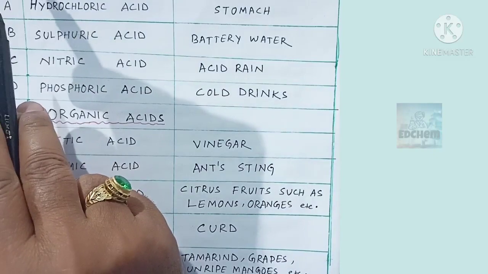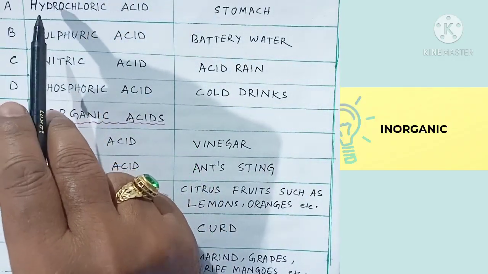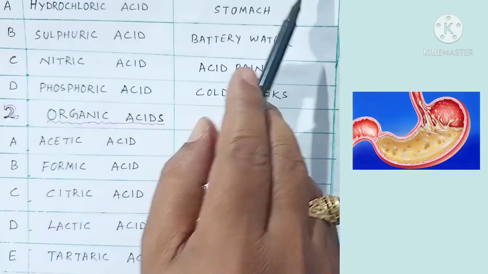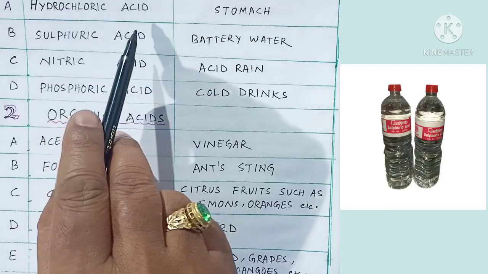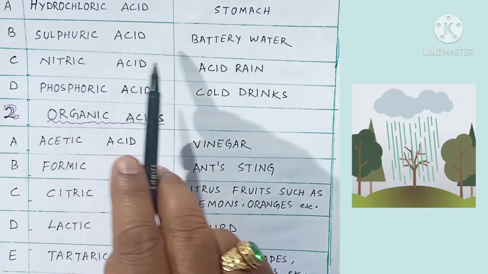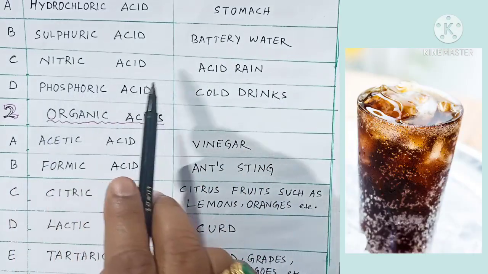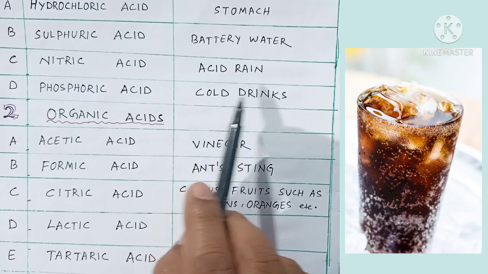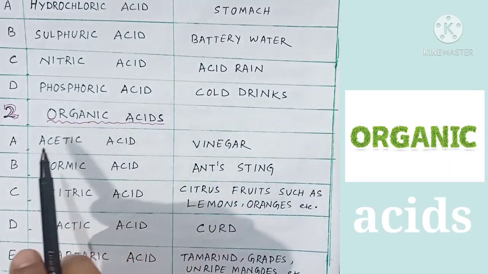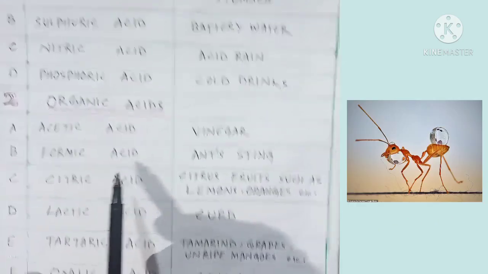In the inorganic category, hydrochloric acid is found in stomach, sulfuric acid in battery water, nitric acid in acid rain, phosphoric acid in cold drinks. And in the organic acids category, acetic acid is found in vinegar, formic acid